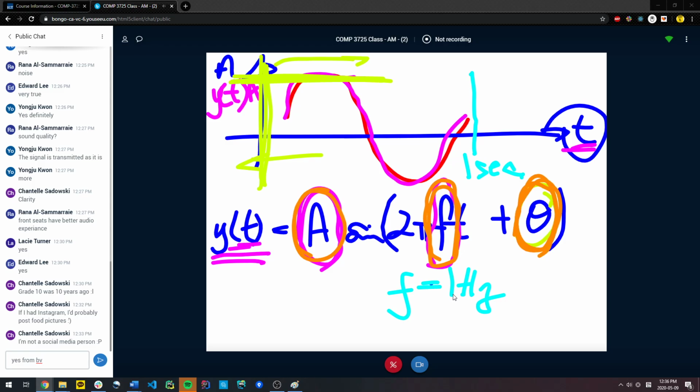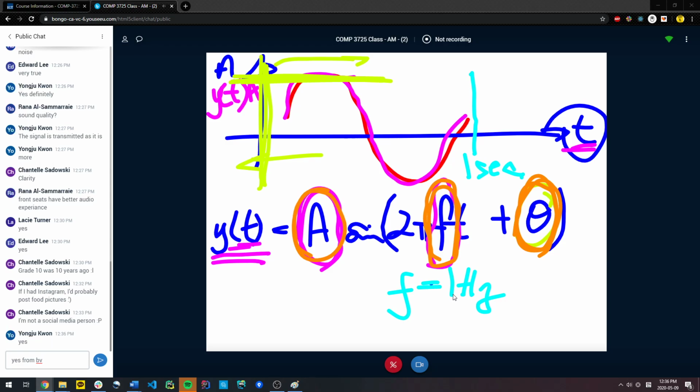Does everybody follow? If this is very foreign to you, I really urge that you take a quick look at E.1 after this class, because we're going to spend about 3 weeks on this, and this is usually what throws everybody off. Now, we use this sine wave to mathematically represent what we want to transmit. And the question is, why do I want to change the values of A, F, and theta? Why?